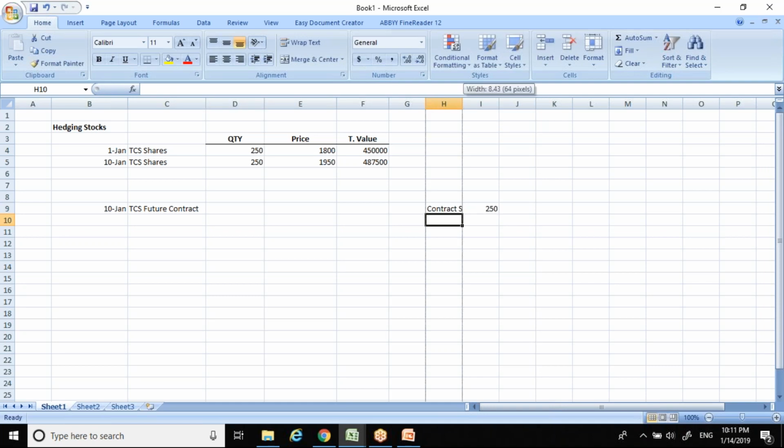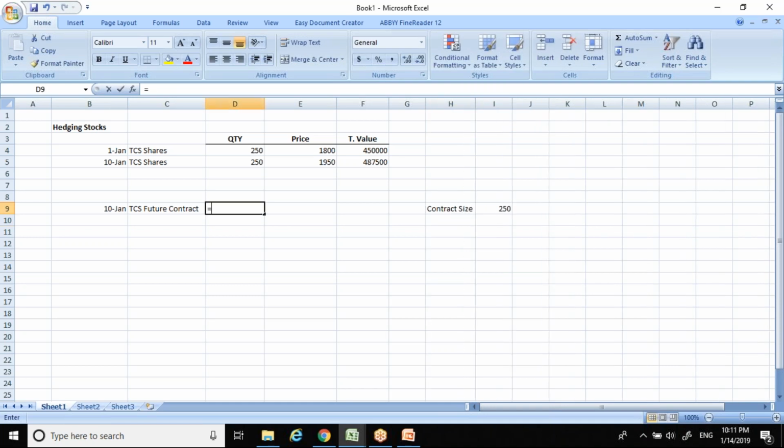So I purchased one contract, and quantity is not 250, it is one contract. So contract size is 250. So what I can do is I can put it here as one contract, which has a size of 250. And the price is like